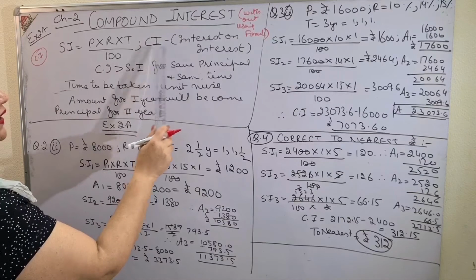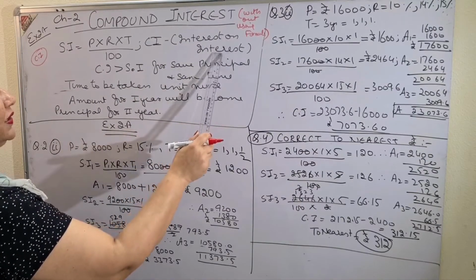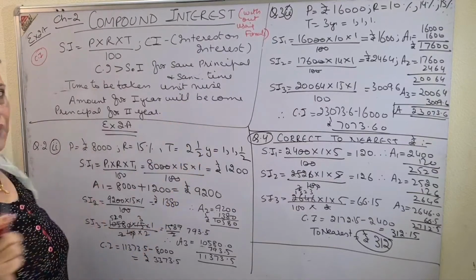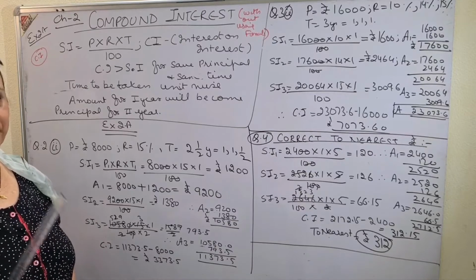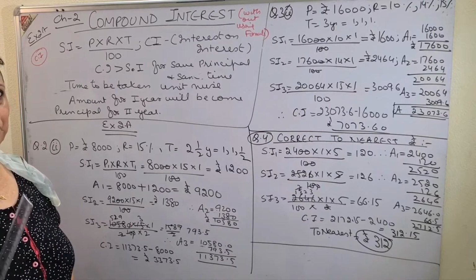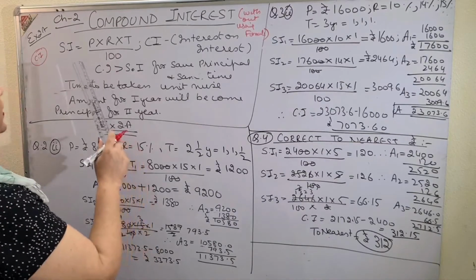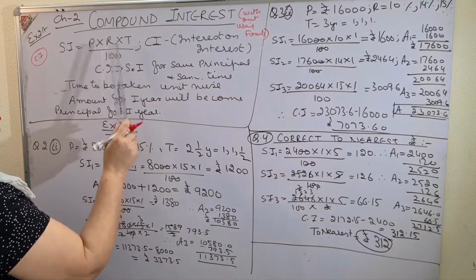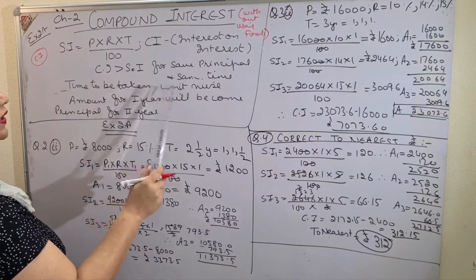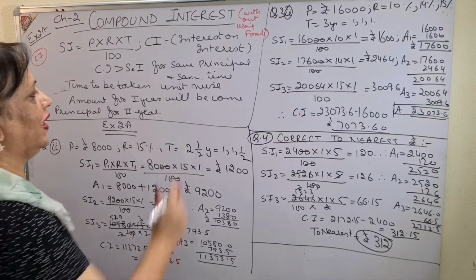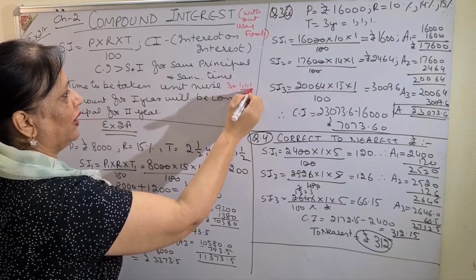First of all, CI is interest on interest. Interest on interest means the interest is added to the principal, and next year when you have to pay the interest, you have to pay it on the new principal. For example, see, if I have P into R into T upon 100, first of all I will take time in units. Time to be taken in units. Unit wise means if I have, for example, 3 years, I will calculate 1, 1, 1.